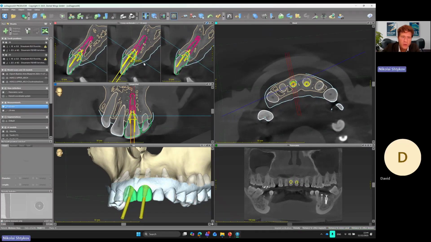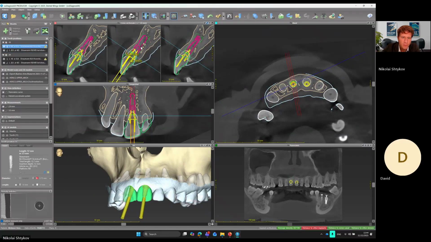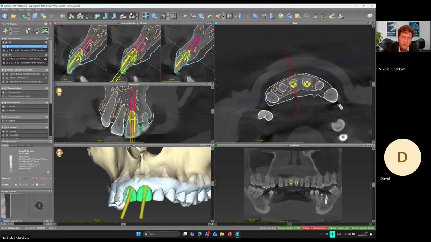And also I will use the measurements to see. Yeah, that's also good. There's enough space to place my abutment, and I have also enough space to cut this. And if you would like to see, for example, here, the more